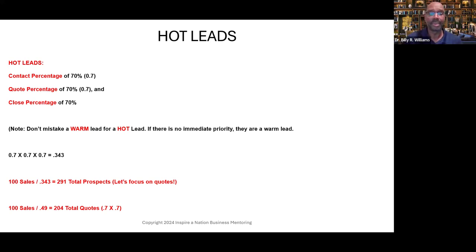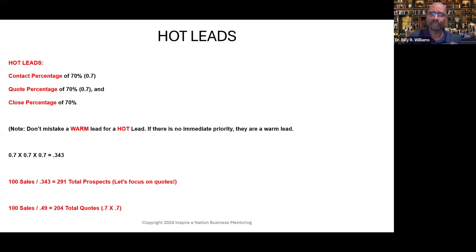That's all I need. And if I'm not really focused on the actual close, but I'm focused more on the lead to quote, which is really where the power is in the lead to quote. If I'm talking to enough people, I'm going to close people, pure and simple. If I'm focused on that, then that number actually drops down to 0.7 times 0.7 or 70% times 70%. And now that number is 0.49. So if I need 100 sales, that means 0.49 or 100 divided by 0.49 is going to give me the folks that I need, which is 204 in